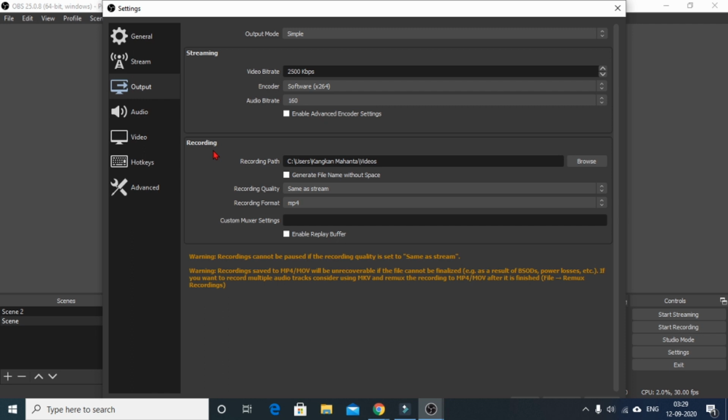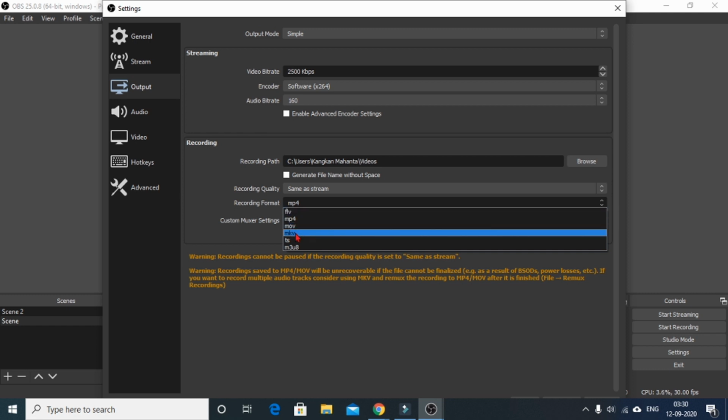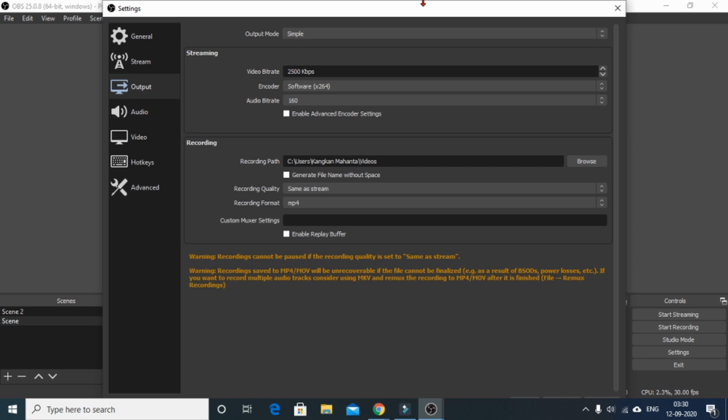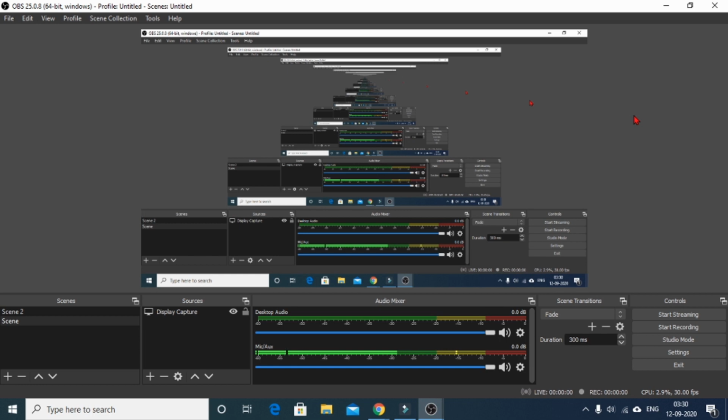The important thing is that if you are creating educational content for your students and you want to upload it in any nationalized platforms like Diksha or NROER, etc. So these platforms generally use videos in MP4 formats only. Therefore, it is suggested that you keep your recording format in MP4. Otherwise, you can keep it in FLV or MKV as well if you wish to. And once you are done with all the settings, you click on OK, and your recorded file will be downloaded in your desired output format.